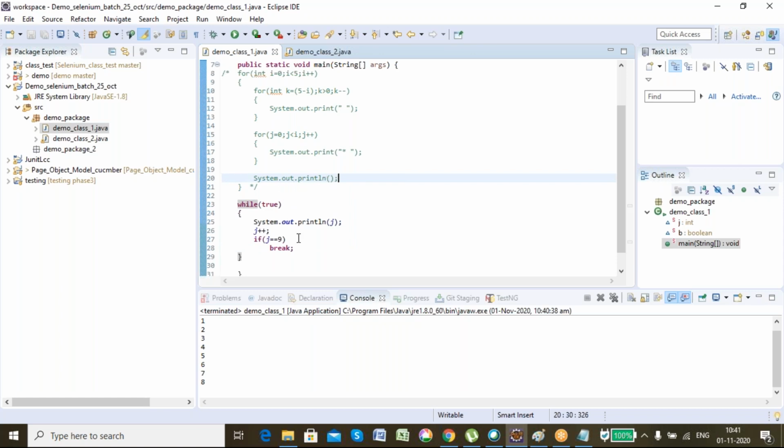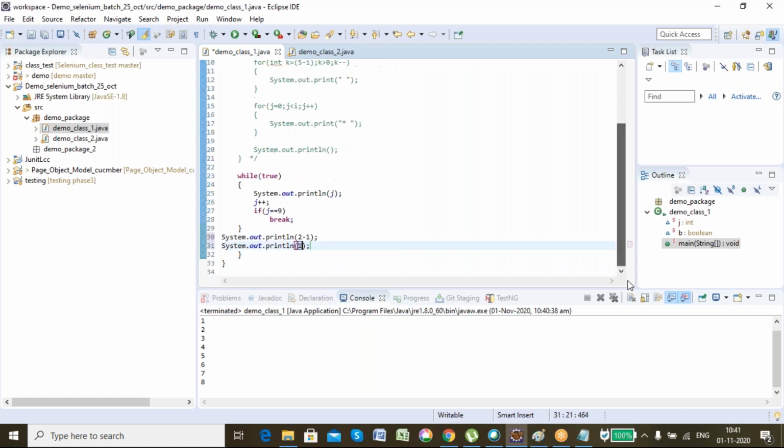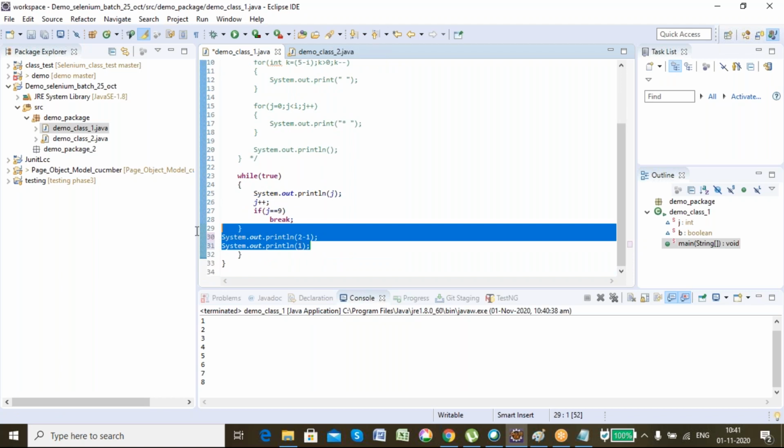Here I'm writing one integer, 2 minus 1, and 1. Does it make a difference? It is the same thing only.